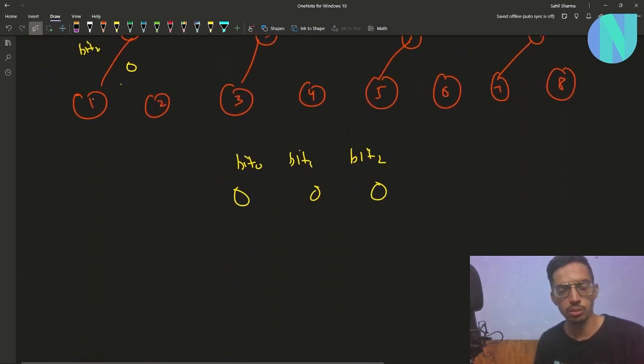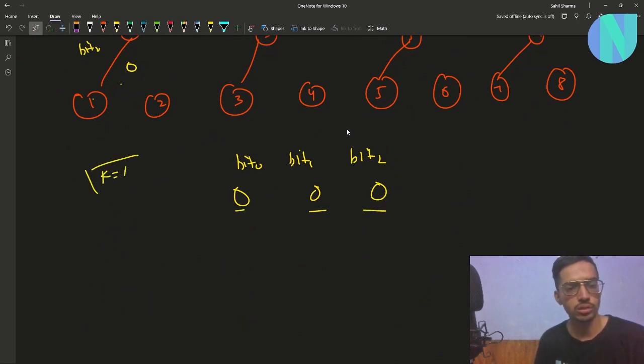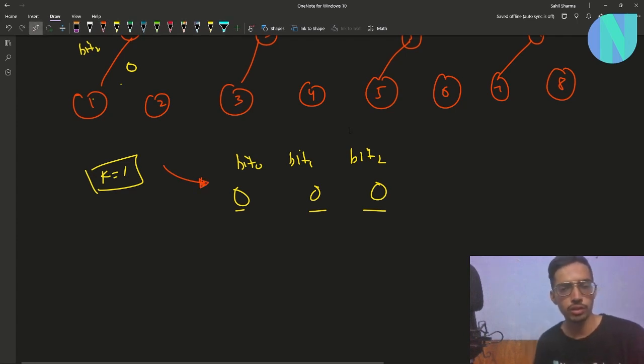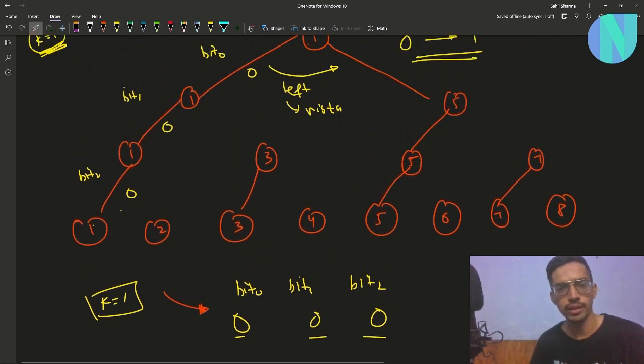So initially my winner is how much? My winner is 0, 0, 0. And now my k is equal to 1. So basically I have to flip one of these bits. So if I flip, let's say, the first bit, bit 0,